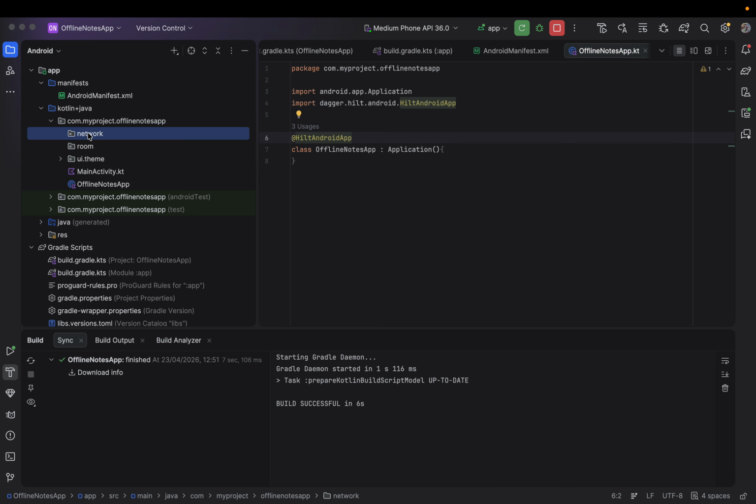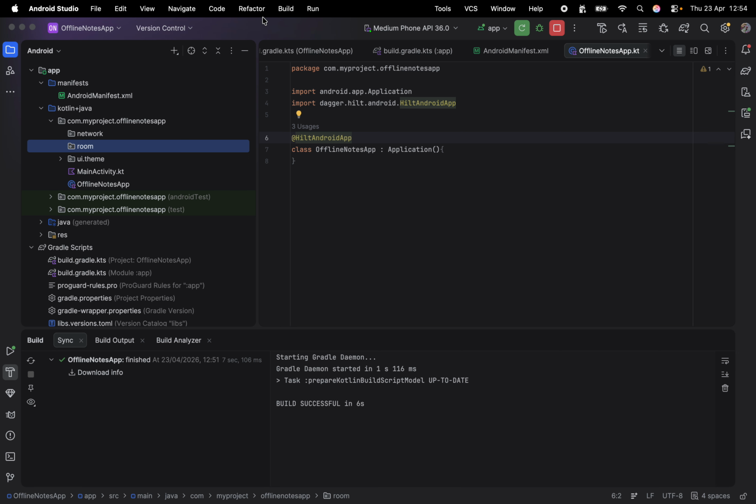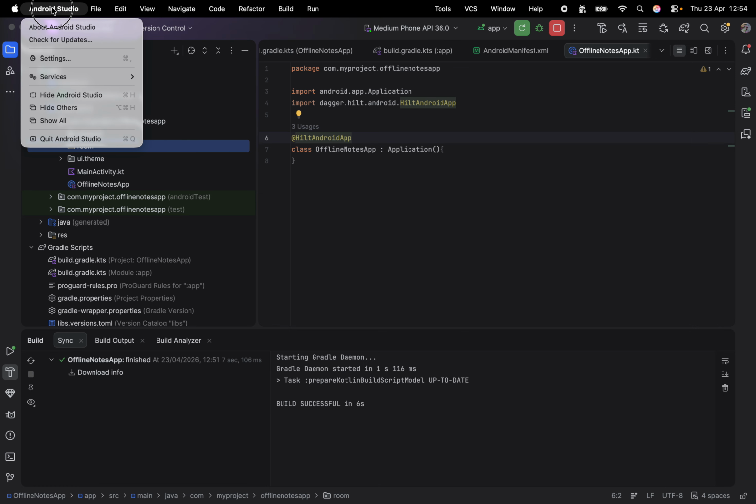And then we added more packages which we are going to be using in our next lesson. So we have the network package and the room package. Now let me send this file to GitHub. Okay, so how do we do that? I'm going to show you how to